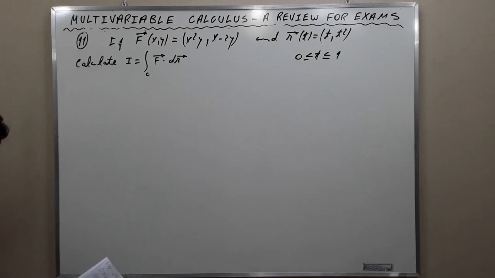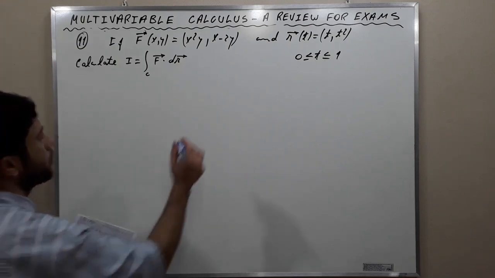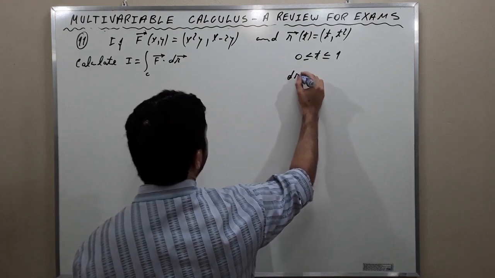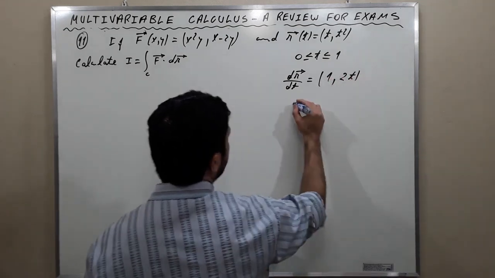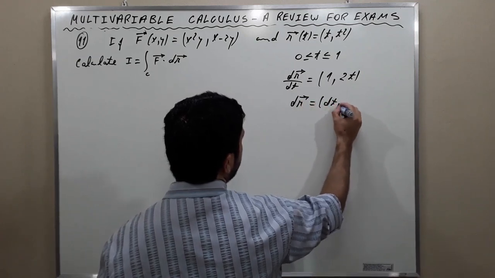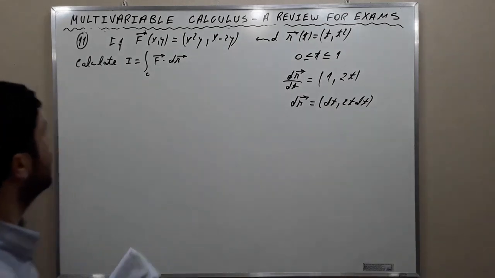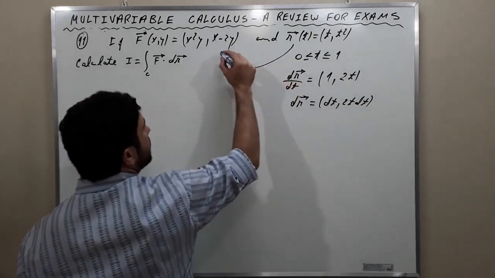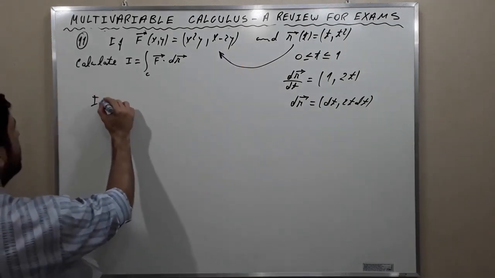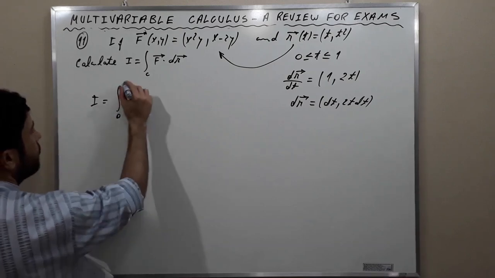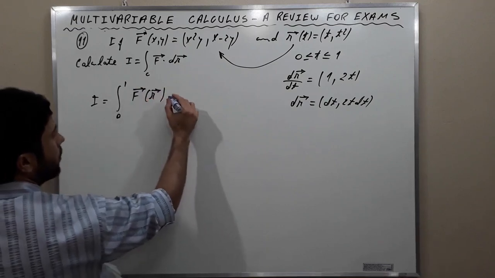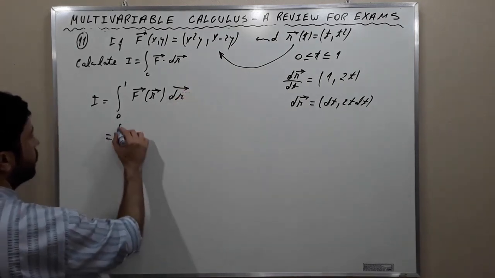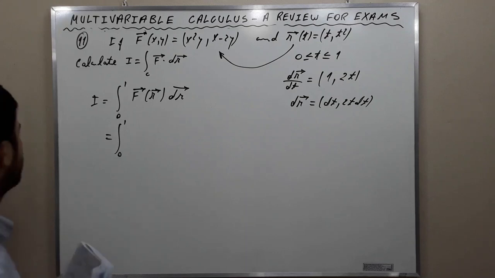Okay? Very nice. We are going to use the technique. So firstly, we need to find the derivative of the function with respect to t, which is going to be 1 and 2t. Okay, so dr is equal to dt, 2t dt. All right, and we are going to apply the curve in the function. Okay, so I is equal to the integral from 0 to 1 of f of r dr, and this is equal to the integral from 0 to 1